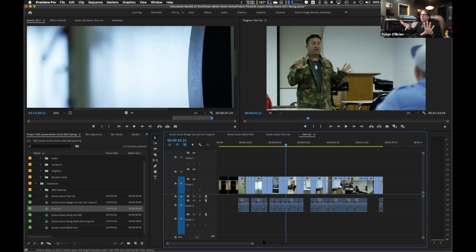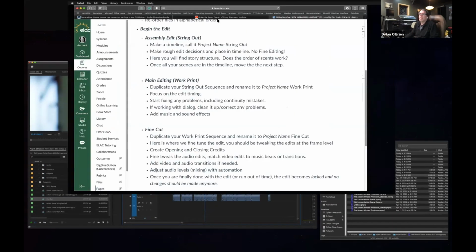because I may make the edit, and if I don't have any music down in there, when I drop the music in, it may not feel right because the timing of the edits may be off, because now I have a piece of music that it's being linked to. So now I'm going to have to finesse the edits again to make sure it matches up with the audio. So if I go back to here,